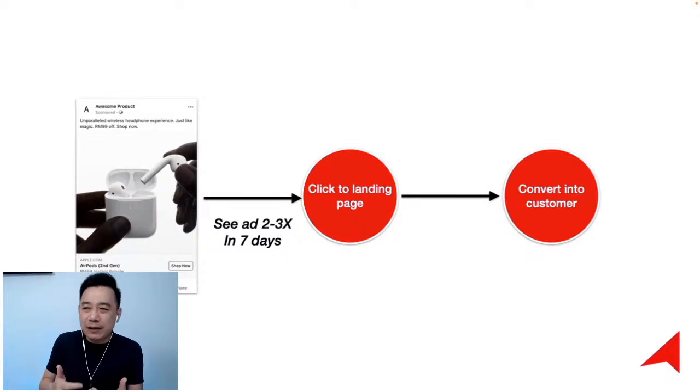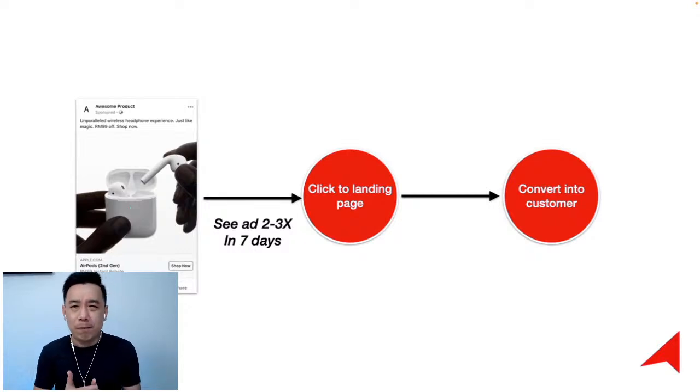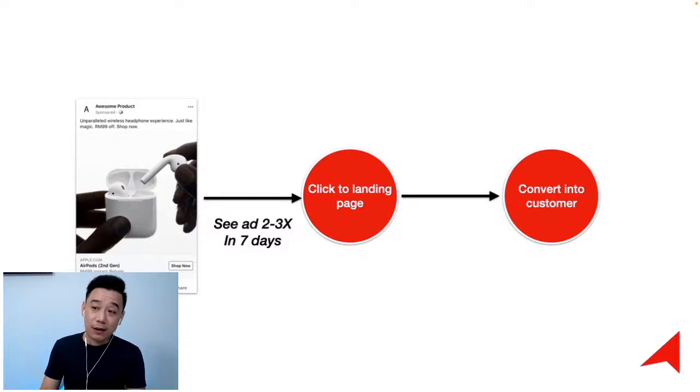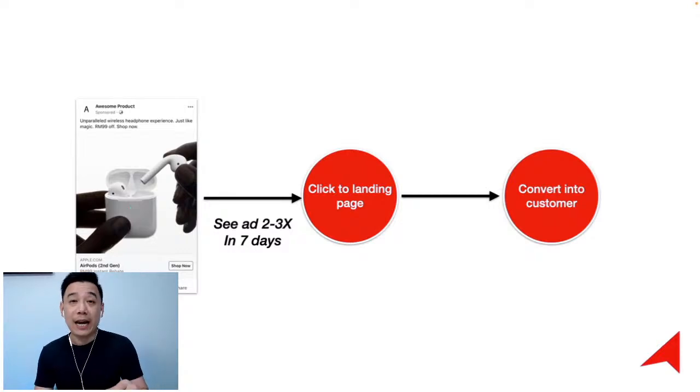Now, the second time it comes back to me, then probably I will be like, okay, I've seen this before. Let's take a look. It's not bad. Only then will I decide to click. You see, it takes 2 to 3 impressions to get a click. That's how things work on Facebook advertising. And seriously, when it comes to advertising on Facebook, the normal click-through rate is 1%. So let's say you can get 1,000 impressions, you reach your audience 1,000 times, you will get 10 clicks. 10 clicks, 1%, right?